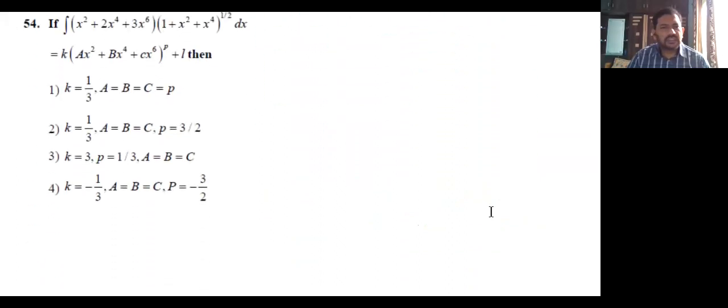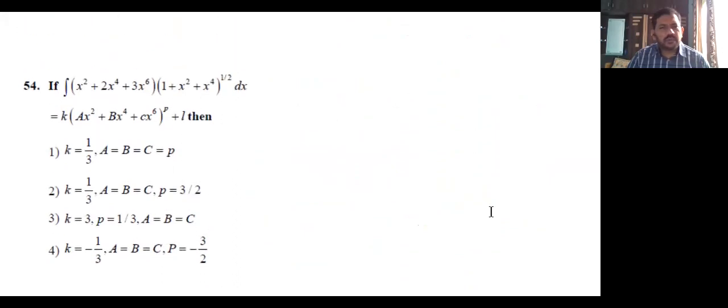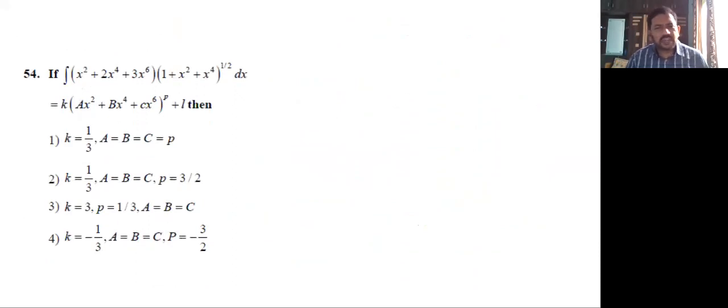See this? These types of problems are important, particularly in mains. This year only 1 or 2 problems were given, and in January they gave 4 or 5 problems. How to do this? See, the right hand side is also given here. Here x square, x power 4, x power 6 are there. How is it possible?